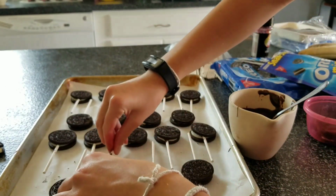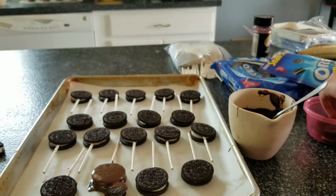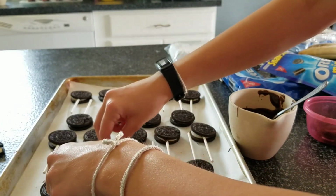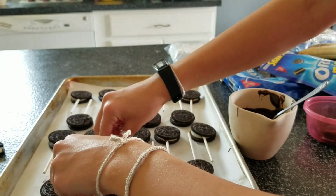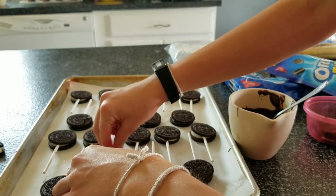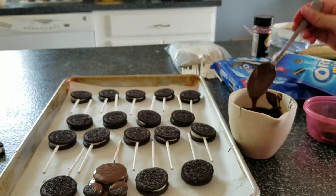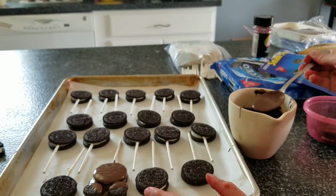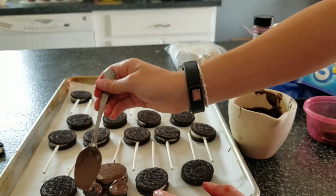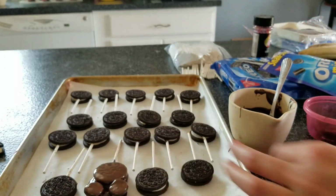This is going to be easier if it's set down. And you just push them on. So it's kind of a chocolatey mess. I didn't really get the chocolate off of that one. If your ears aren't all the way covered and you want them to be, you can just get a spoon and do that. But you want to make sure that they're pressed up against that, because then when the chocolate